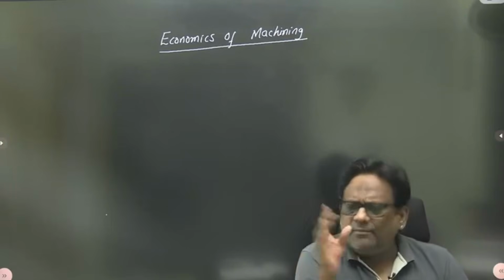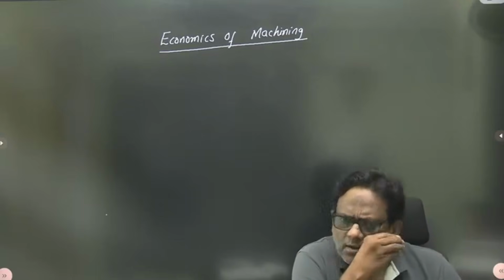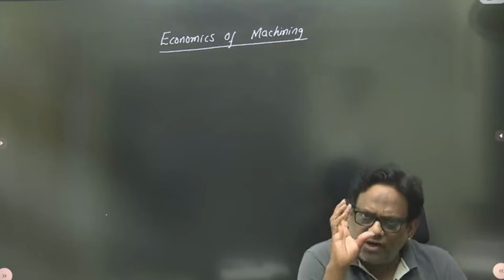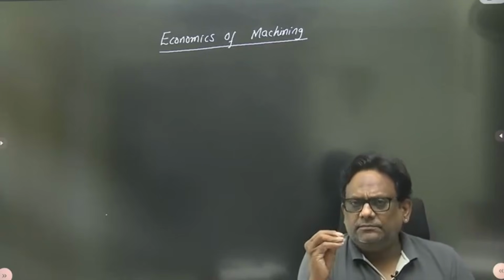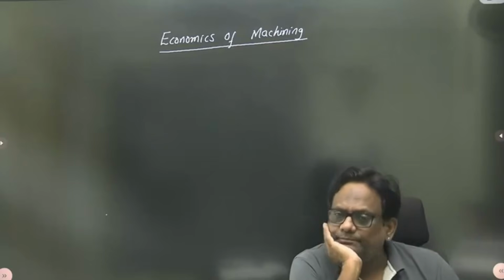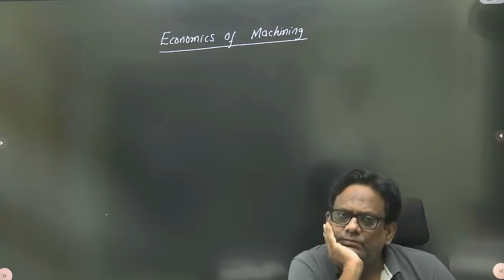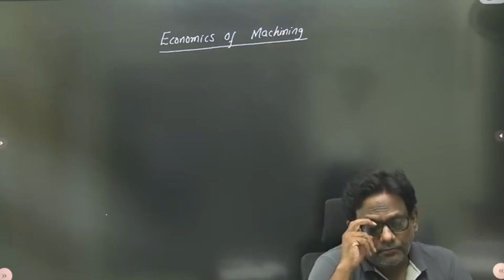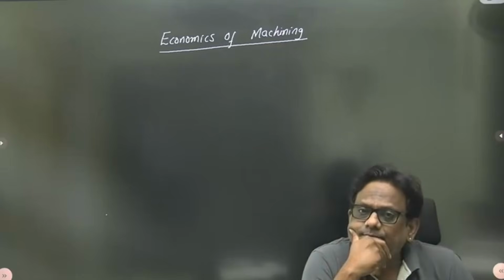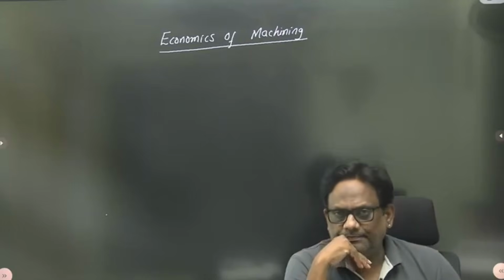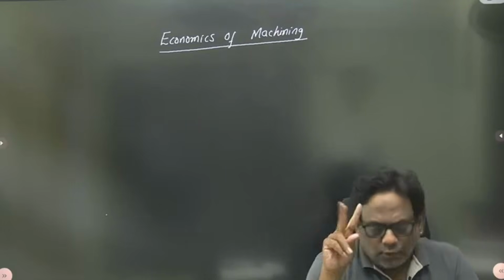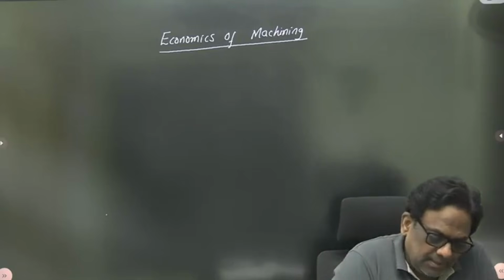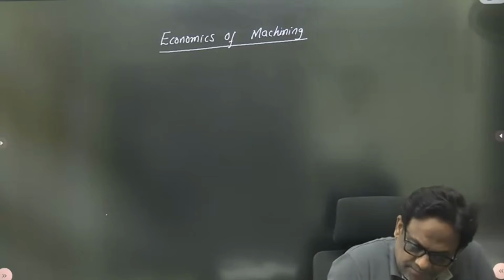Definitely the final aim is, whatever the product you are manufacturing, you should manufacture at the minimum production cost. And you should also manufacture with high productivity. What do you mean by high productivity? In less time. There are two aspects actually. One is